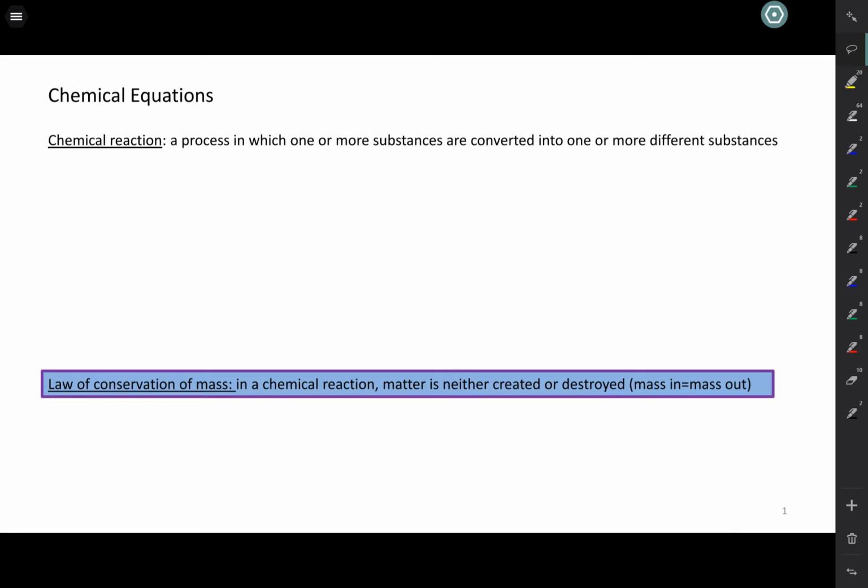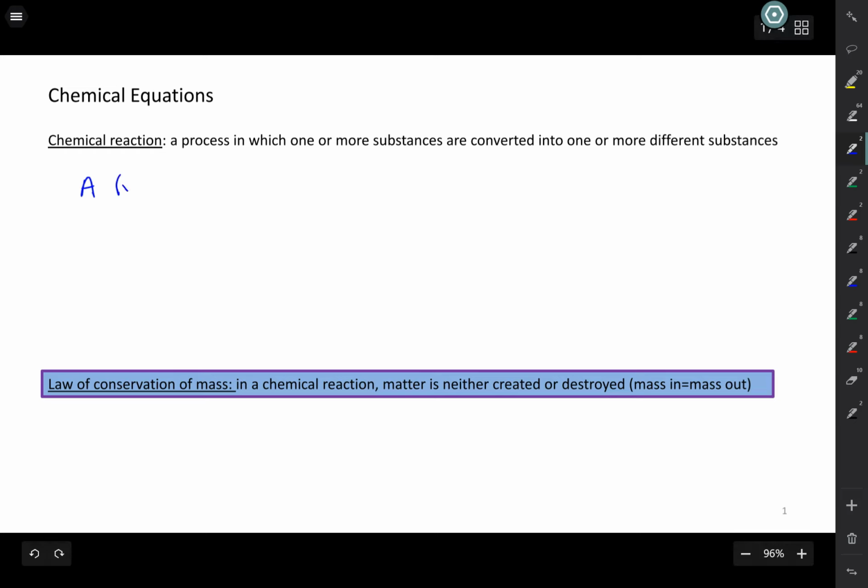In this video, we're going to learn about chemical equations and balancing chemical equations. A chemical reaction is a process in which one or more substances are converted into one or more different substances. So in chemistry classes, we write a chemical equation in this format where we say some sort of molecule, compound,